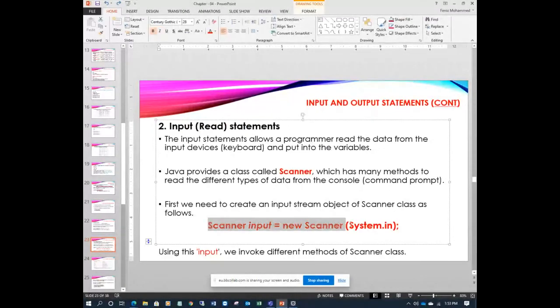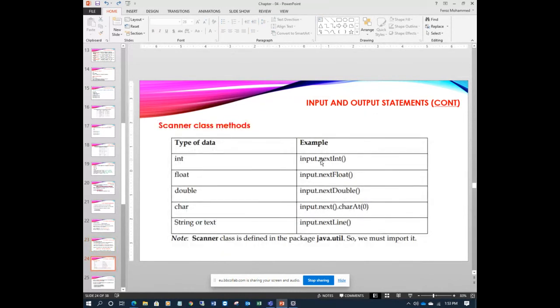You have to write this line compulsorily: input, then the dot operator, which is used to access and invoke a method, then nextInt, with a capital I. This is a method; when I say method, use the brackets, parentheses. This is the representation of a method.